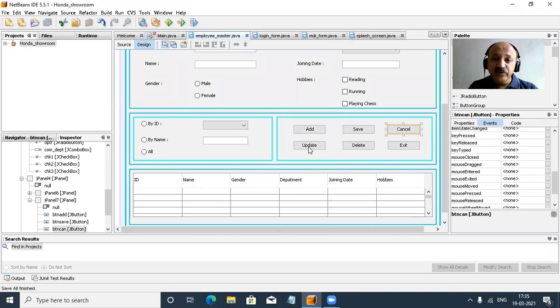So in my upcoming video lecture, I take the update and delete and select the record from JTable, and then we can apply the search and then validation. So step by step, I take the video lectures. So you can watch all my video lectures. And yes, now we turn to the cancel button.